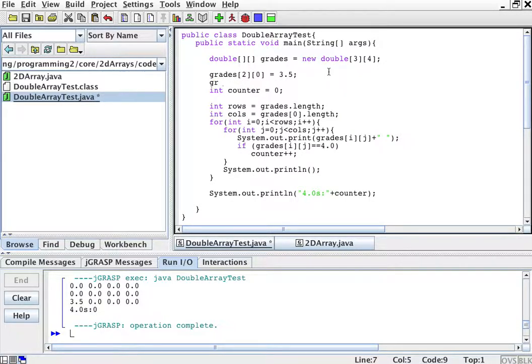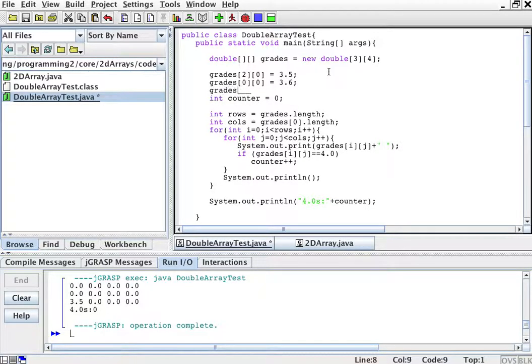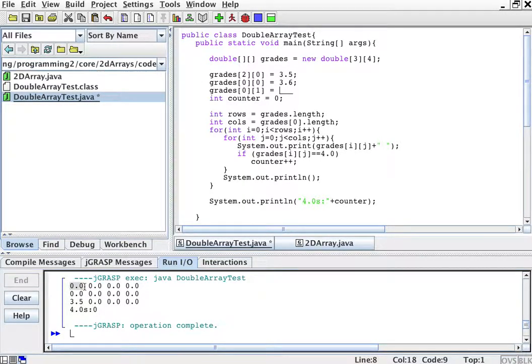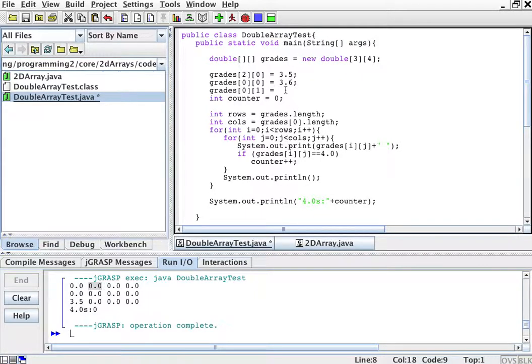So for example, grades. This is row 0, which was I believe English. 0, 0 is 3.6. Grades 0, 1. Oops, 0, 1, which was the second. 0, 1 would be row 0, and then the second element, that element will be say a 4.0. Okay,